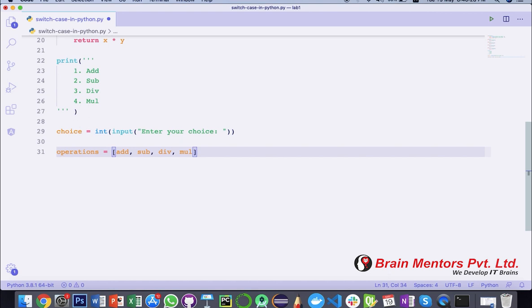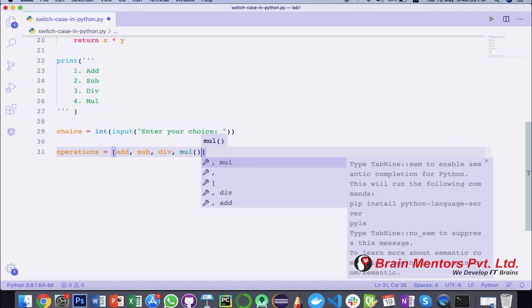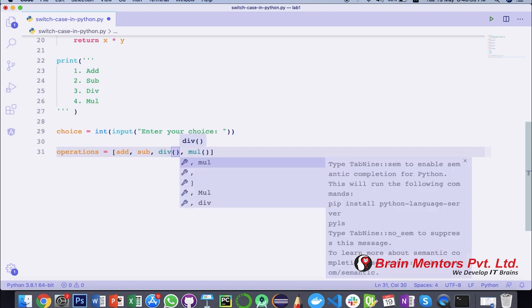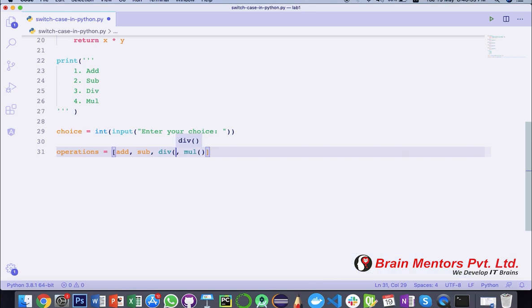And notice one thing here, that I haven't put parentheses after the names of my functions. Why haven't I done that? Because if you put the brackets after your function names, they will get called whenever line 31 executes. Whenever this particular line executes, all the functions are going to execute at once, because parentheses mean call this particular function. So we are not going to call a function here, but we are actually going to just pass the reference values. We are going to call it later on based on what the user has entered.